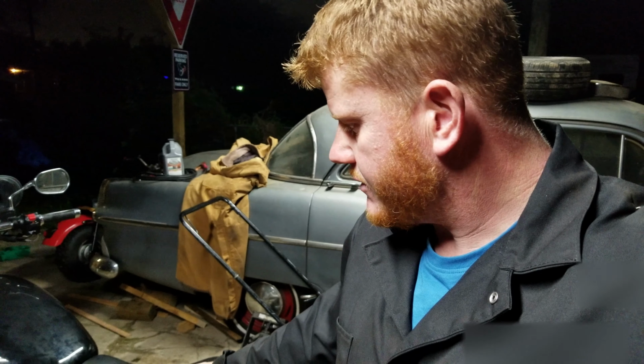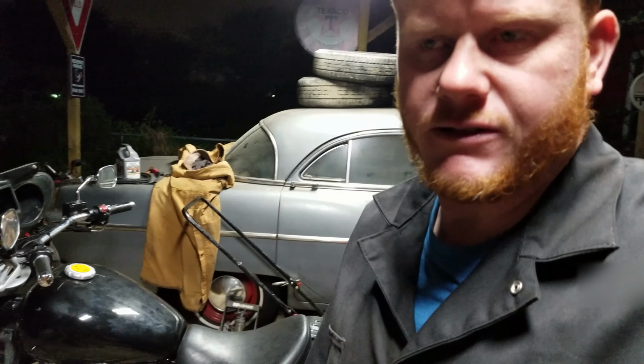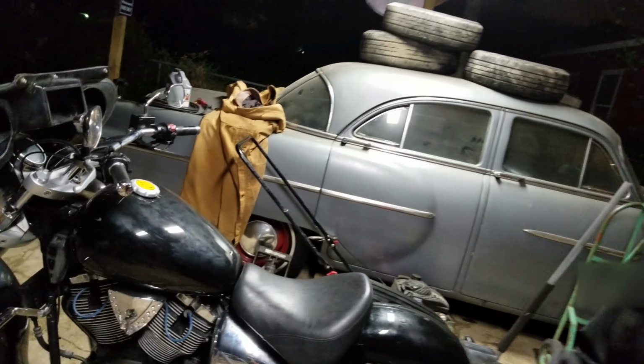All right. So, anyways, what I'm working on here is a 2001 or 2002 Victory. It's a Polaris motor. I keep wanting to call them Polaris. It's pretty much a Polaris anyway. Besides the point, I have fabricated